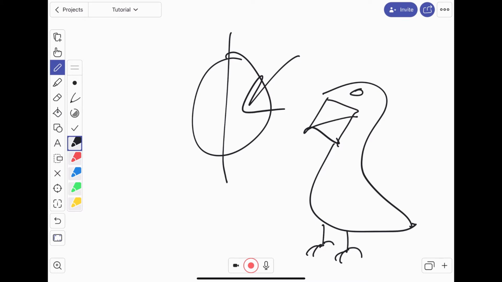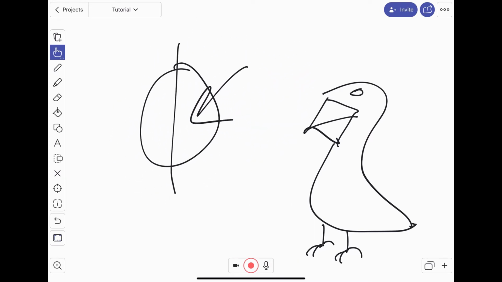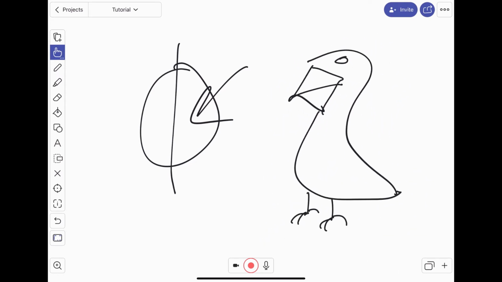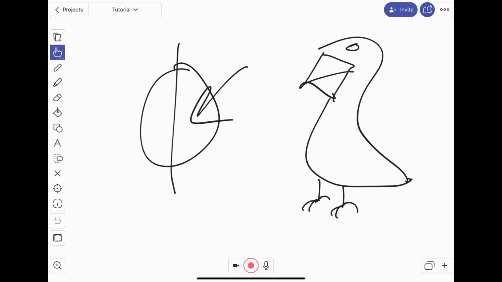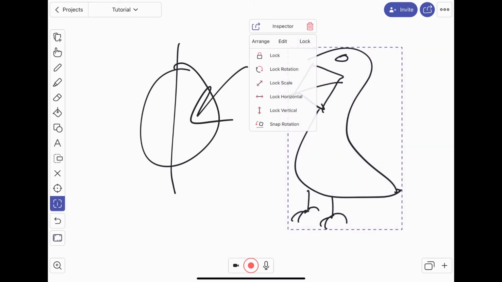Really bad bird. Now let's say I want to do something with one of those. I tap on that hand and now I can move around those drawings. So you actually have to tap on the object and then you can move it around. Then if I tap and hold on it, it'll pop up and give you a lot of different options. It's called the inspector. I will get to that in a bit, but that's how you can also delete that